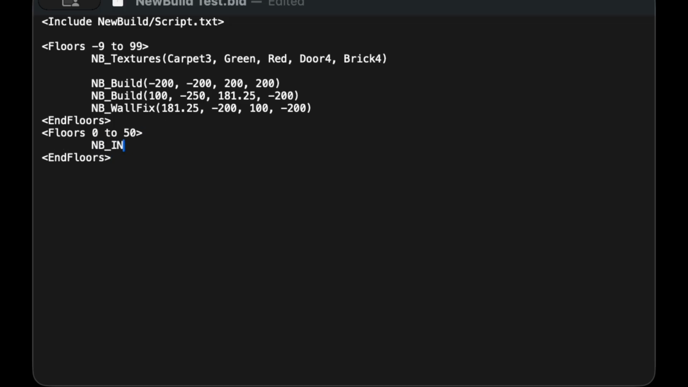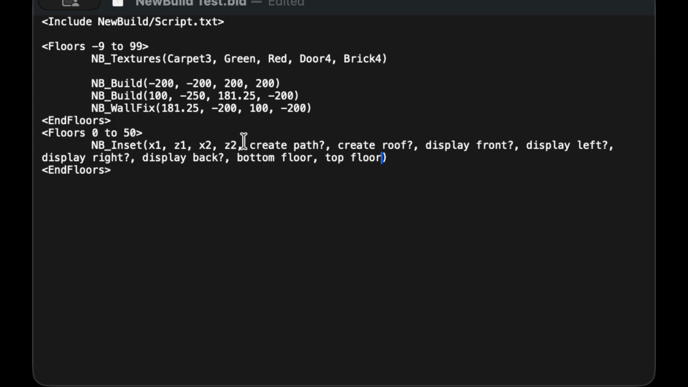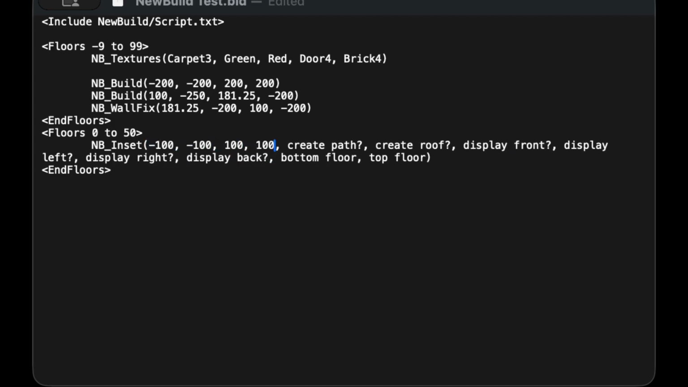And the command's called NB inset. We need to set the coordinates in the same way as we set the coordinates of the build. Again, make sure we conform to the rule that the first pair is less than the second pair. We've got a few Boolean values which are true and false. I'll say true to create a path, which creates a path at the bottom of the inset,